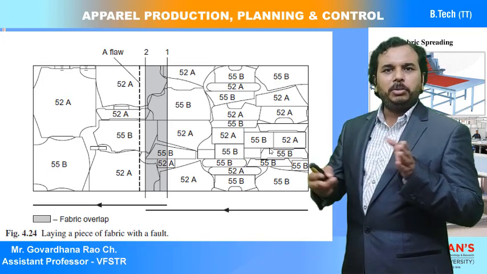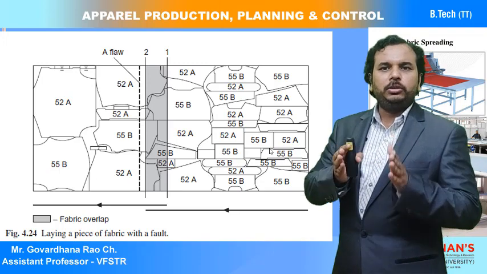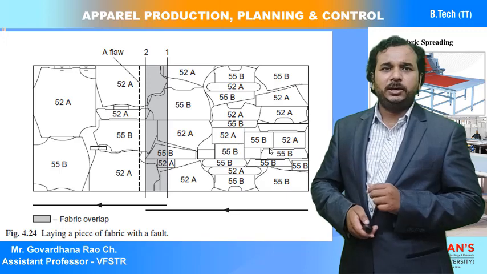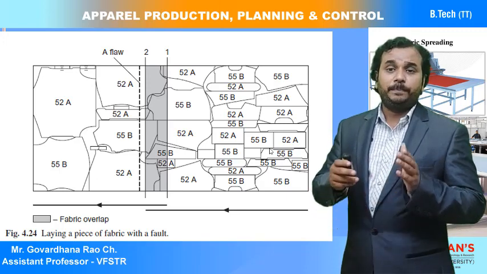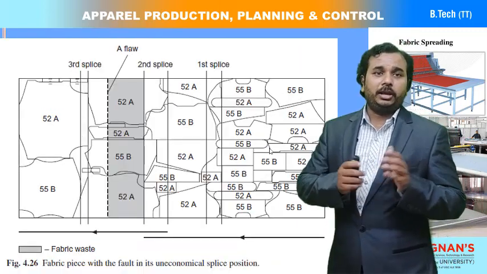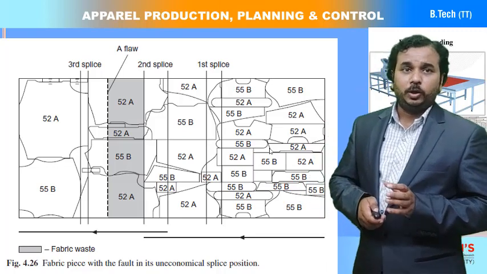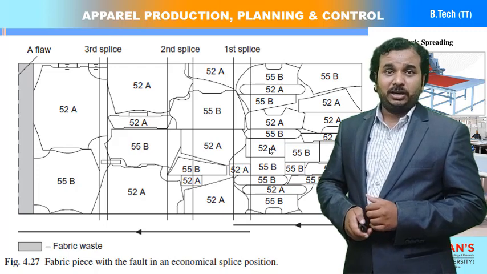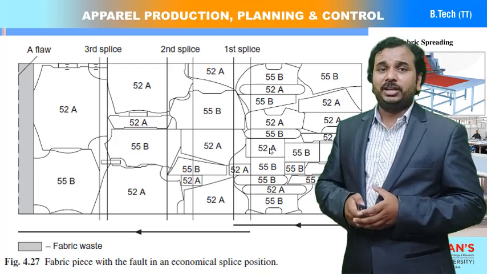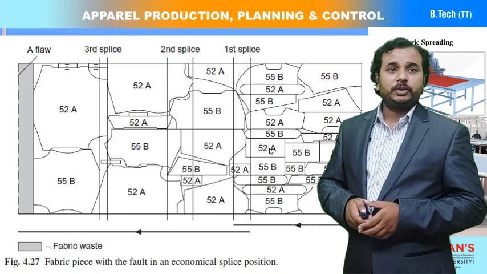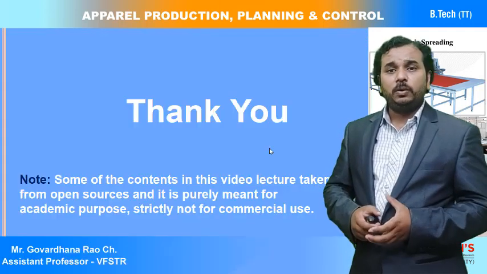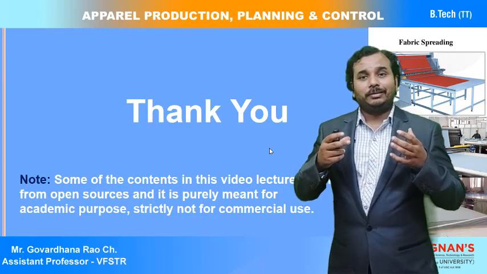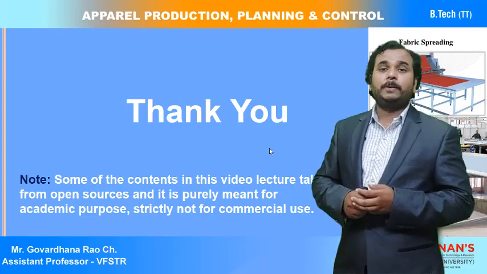In between, we are going to remove the fabric, wherever this is a spliced area in the marker. Again the overlapping can be done here. The fabric wastage is shown at the end of the marker. This is how we prepare or mark the splice points in the marker,